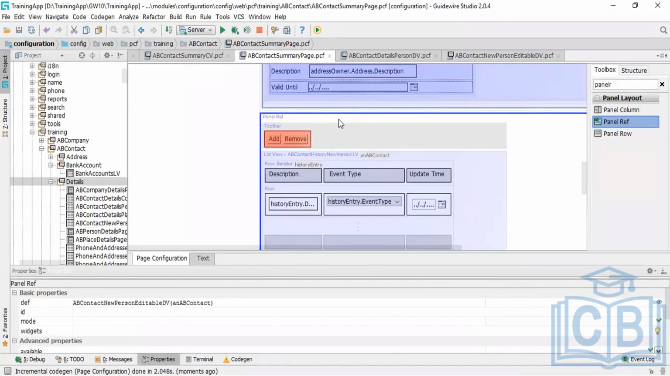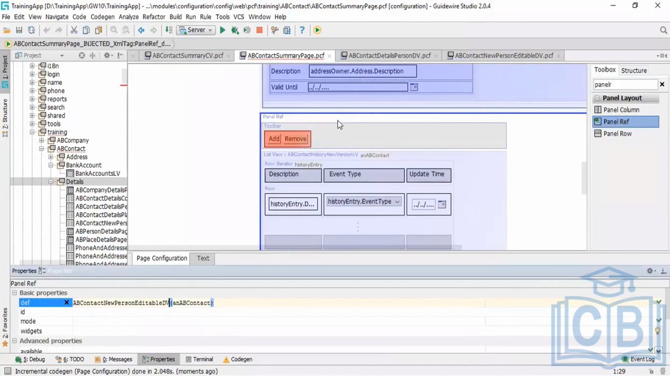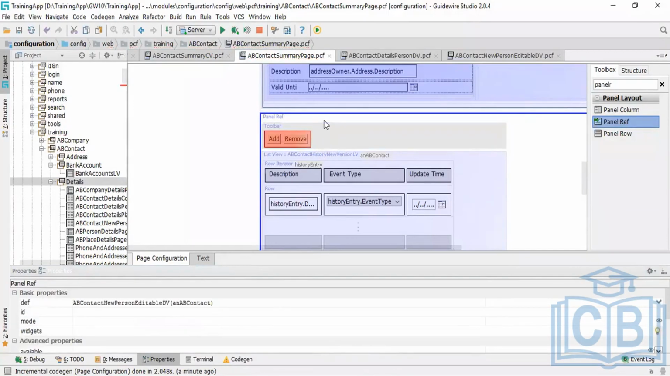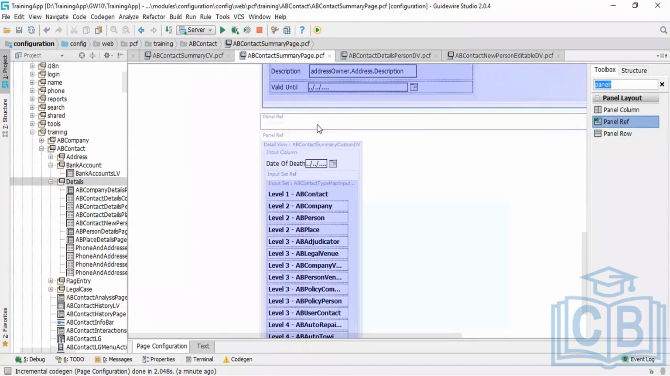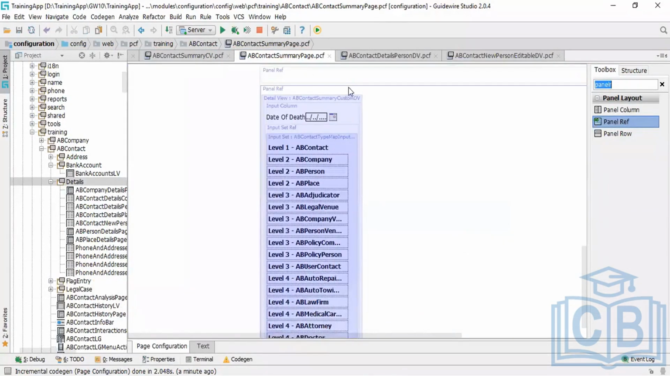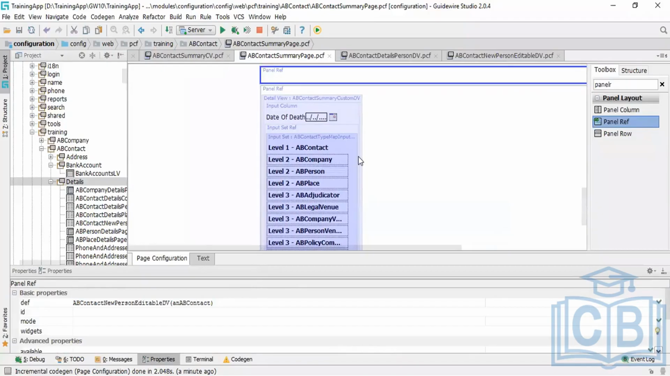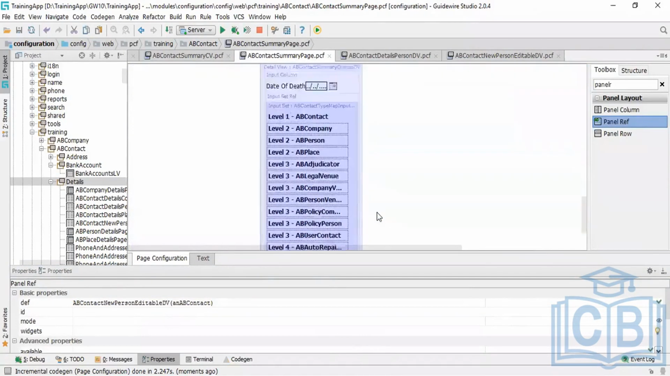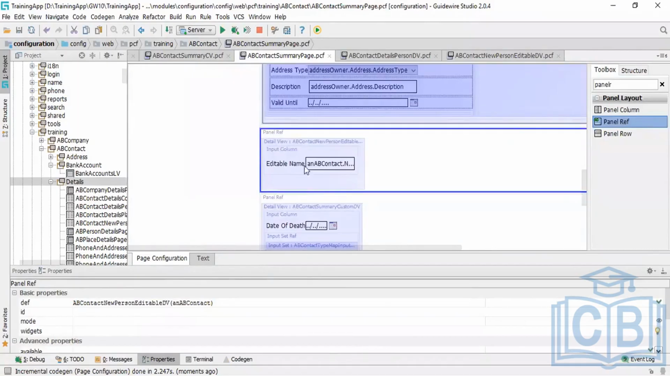New person editable DB. I have made some mistake. What I will do is I'll delete it. I'll delete this panel. No, it's fine. You can see my editable DB came here. Now if I want to add the toolbar,